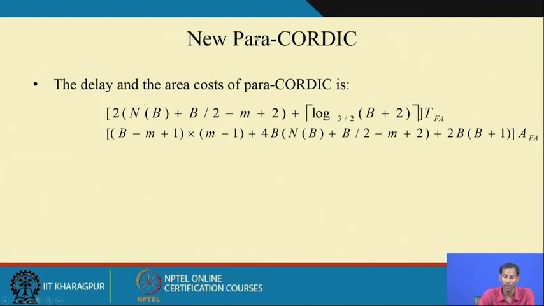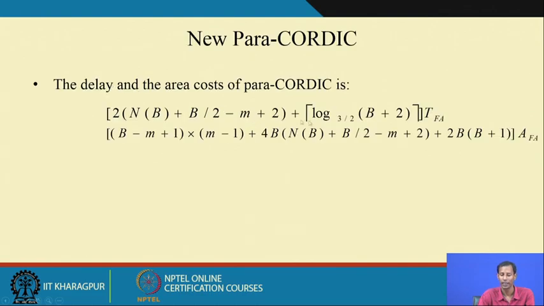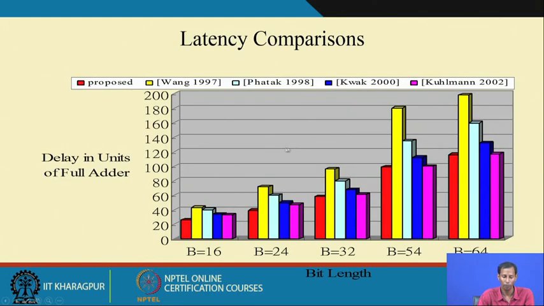And this parallel CORDIC architecture, whatever we have seen just now, based on this MAR algorithm, which is the micro-architecture, that means the angle rotation technique, if we see the delay and the corresponding area cost, it is this much. Okay. So, if we just compare these four